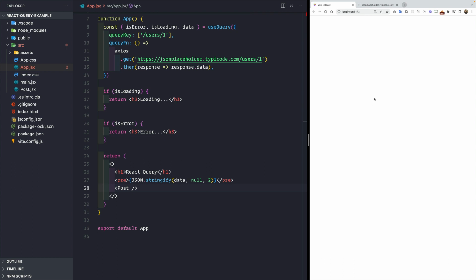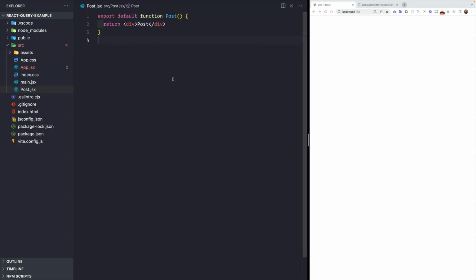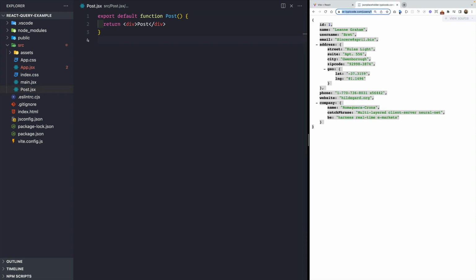So now if I reload the page, we do not see anything here, and that is because we need to save this post thing here. So now if we have a look at our app component, we see that we are getting this post here. So now if we go to our app.jsx file, and we want to fetch the first post from this API